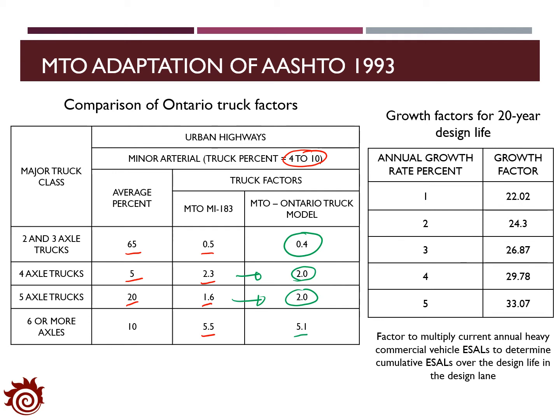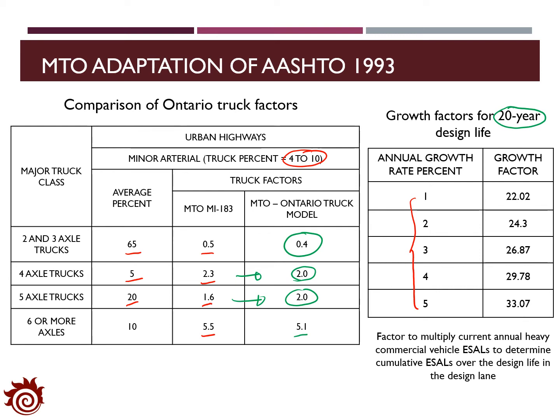In addition, for most of the Ontario roads, the design life is set as 20 years. And with this design life, we can find out the growth factor with respect to different annual growth rates. For example, if the annual growth rate is set as 1%, then the growth factor for 20 years is 22.02. If the growth rate is 5%, then the growth factor is